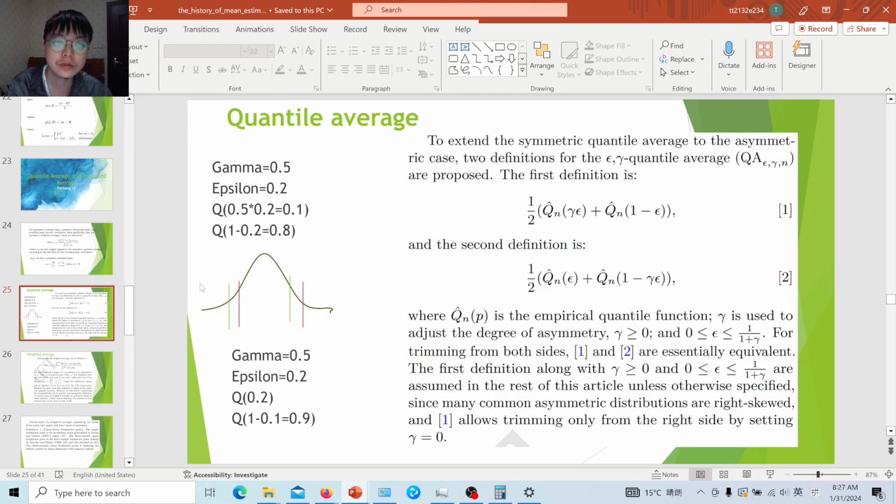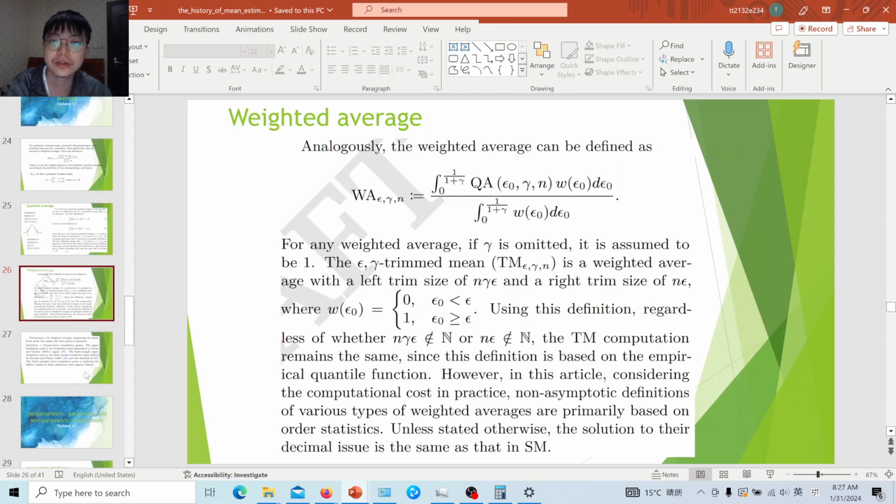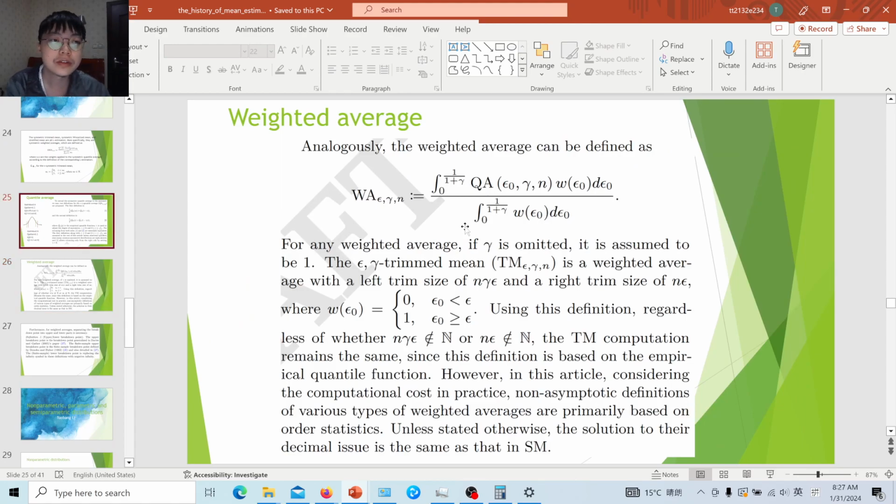For a partially bounded distribution, it is just the bound, which in most cases is 0. And then we just consider the second quantile. Analogously, we can extend the symmetric weighted averages into weighted averages by assigning a weight in front of the quantile average. But this definition is asymptotic, because for the non-asymptotic case, this can be non-integer,